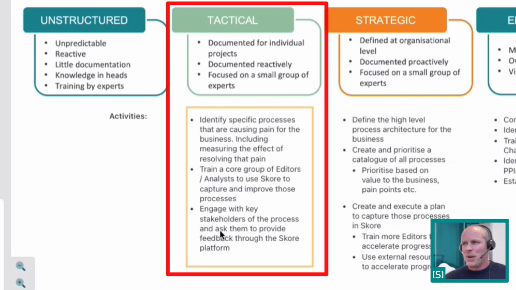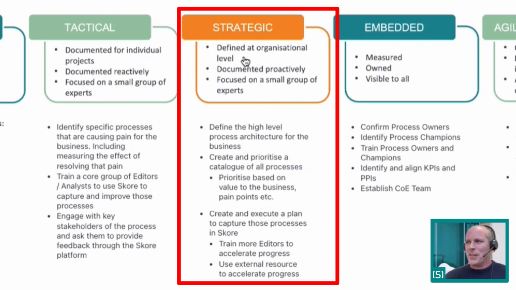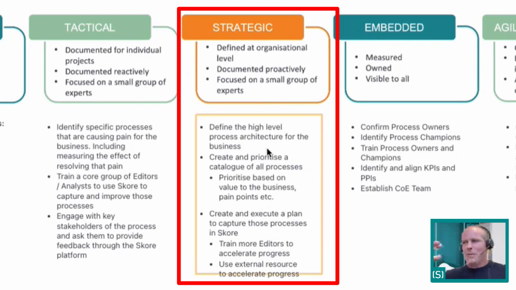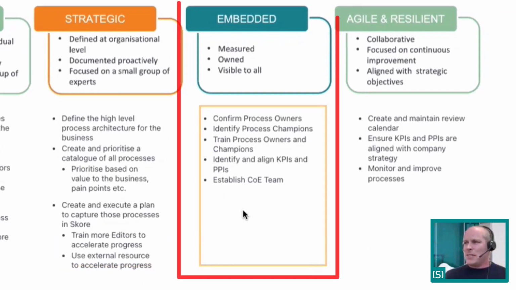engaging with the specific stakeholders that are impacted. When you move into the strategic level and start to do that, you then start to think about, how do I define the process at architectural level, the whole organization, so I can start to see how things fit in. As you move up, you'll start to be doing things like, how do we identify the process owners and train the process